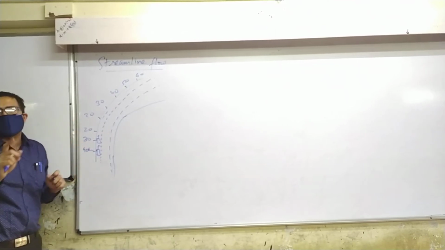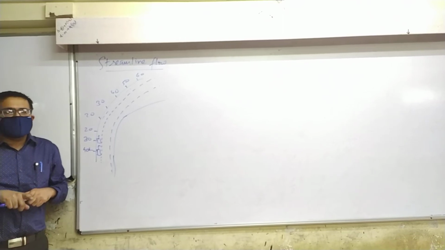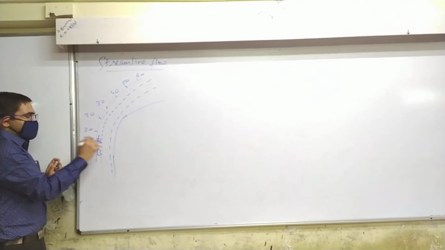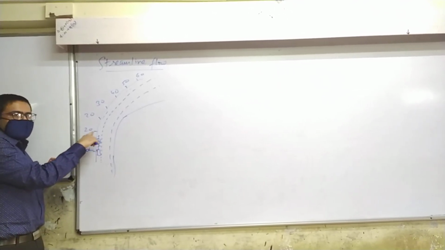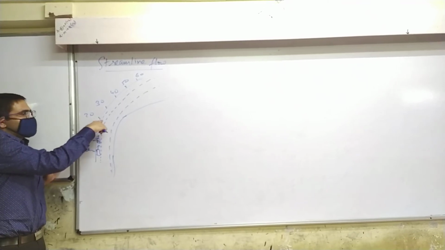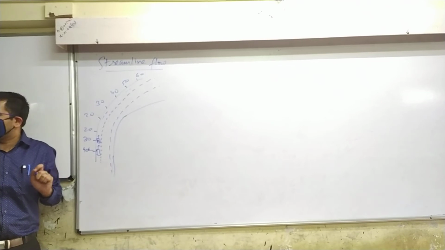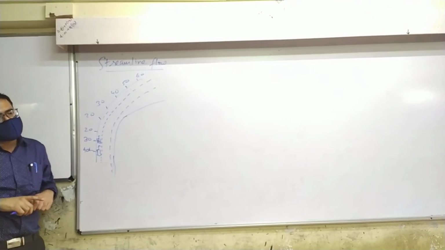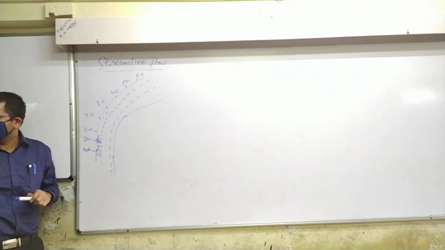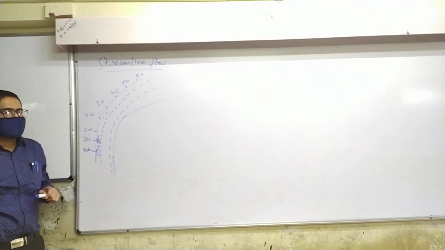Velocities are not constant. See, you should understand this thing. If you consider this vehicle A, let's say, right now its speed is 30. If it goes a little bit forward, 20. Then once again 20, 30, 40, like that. It's changing. So a particular vehicle's velocity is changing. Is that clear?